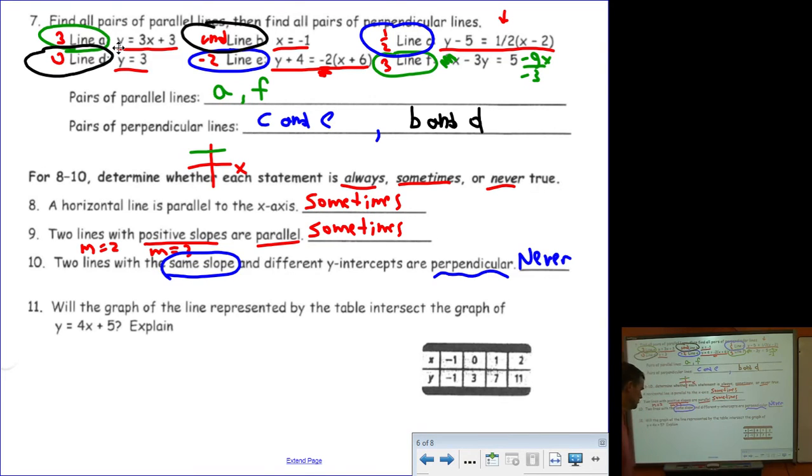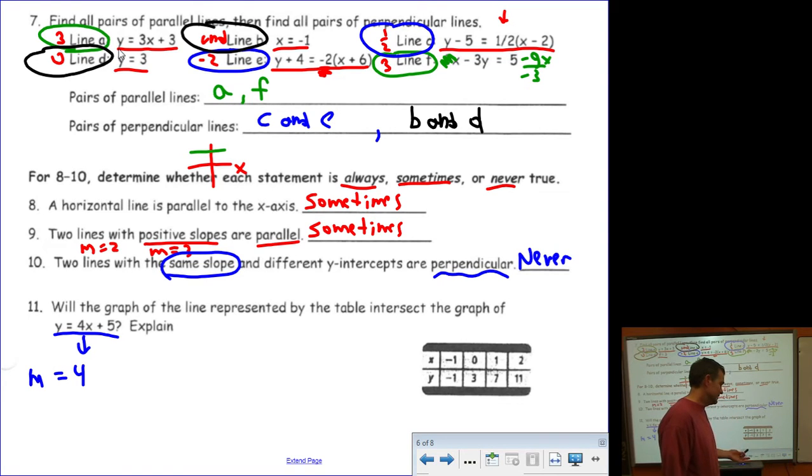Number 11, will the graph of the line represented by the table intersect the graph of the equation? Well, as long as they're not parallel, they will intersect, right? Only parallel lines do not intersect in a plane. So let's see if they're parallel. This guy has a slope of 4. Over here,